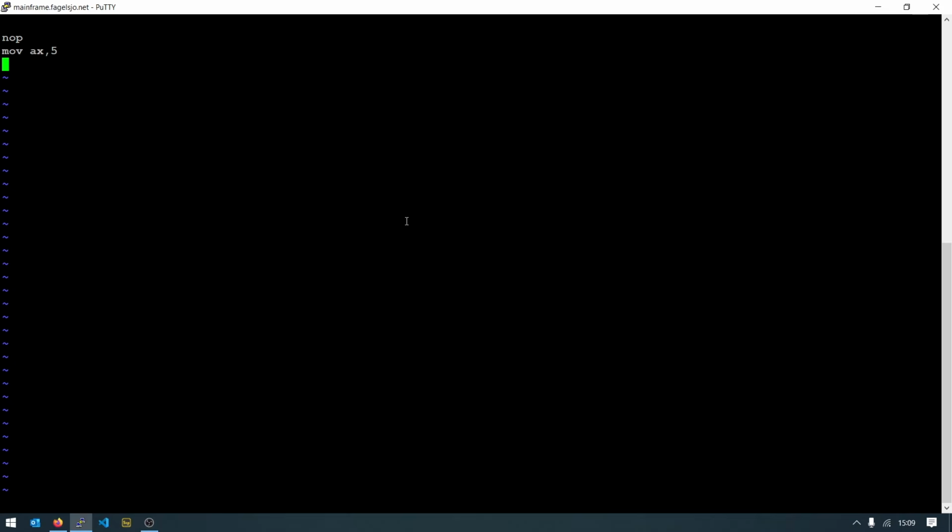But then I want to have an if statement, because as you know, there are no real if statements inside of assembly. There's just conditional jumps. And if you don't know what that means, I'm going to show you that as well. But let's say we have something like this: if equal AX 5, let's say, then